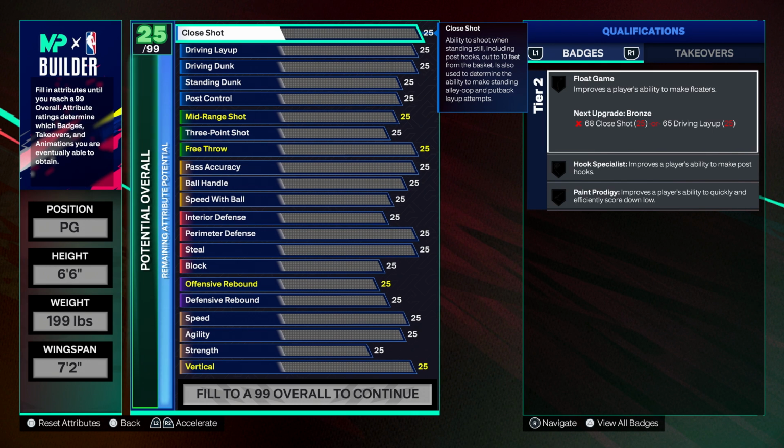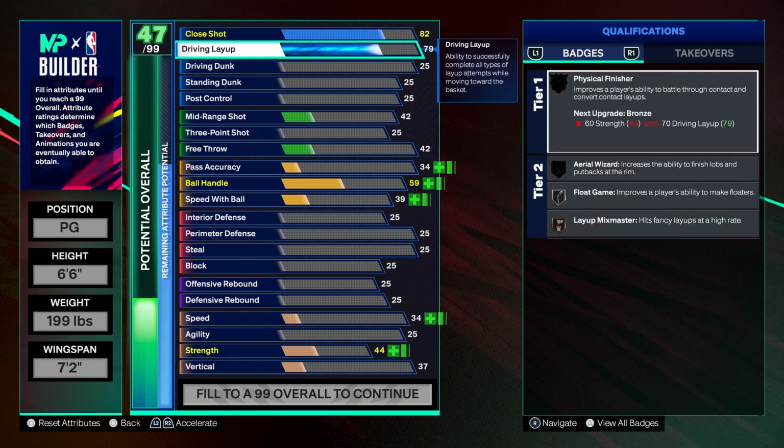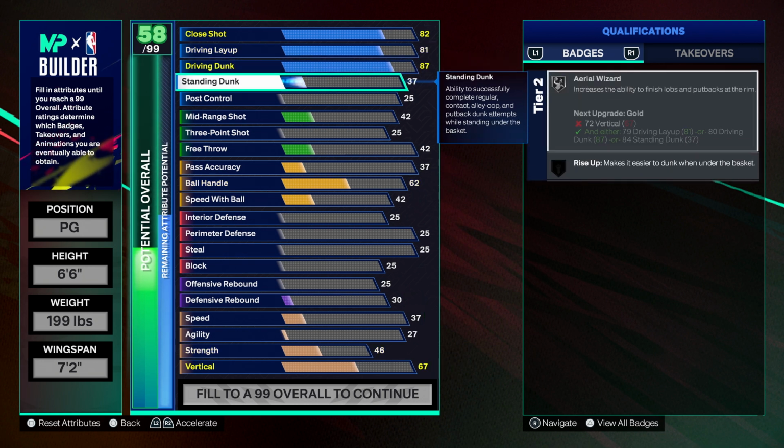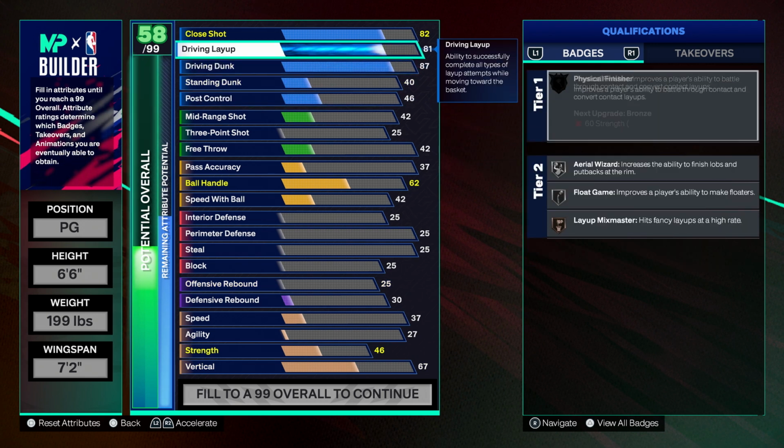Then for the attributes, I went 82 on the close shot. I went 81 on the driving layup because that's what we had left over. And then I went 87 on the driving dunk. And then for the standing dunk, we went 40. And then for the post control, I just threw a 46 on there because that's what I had left over. Now, obviously,